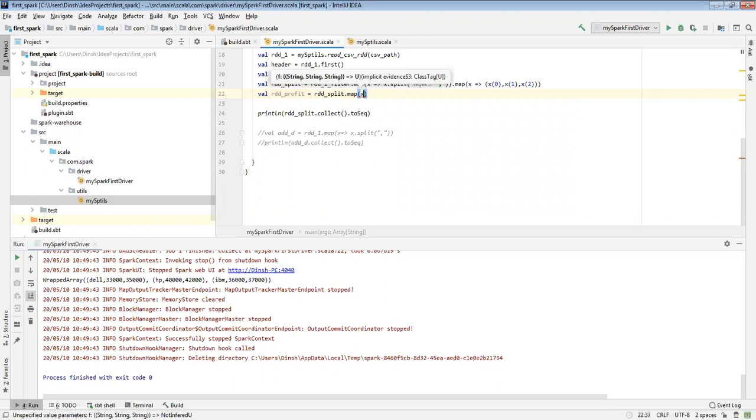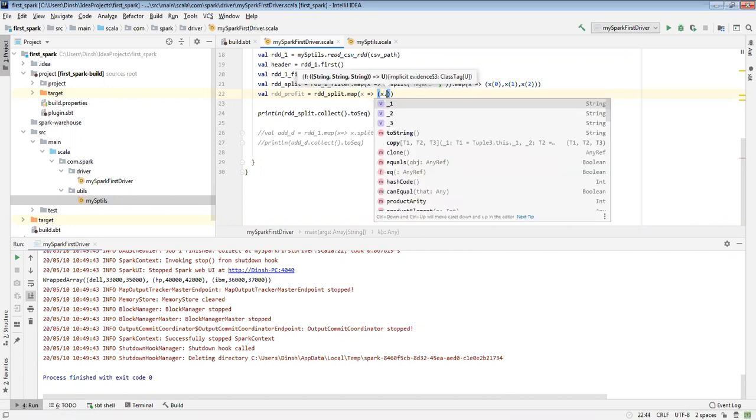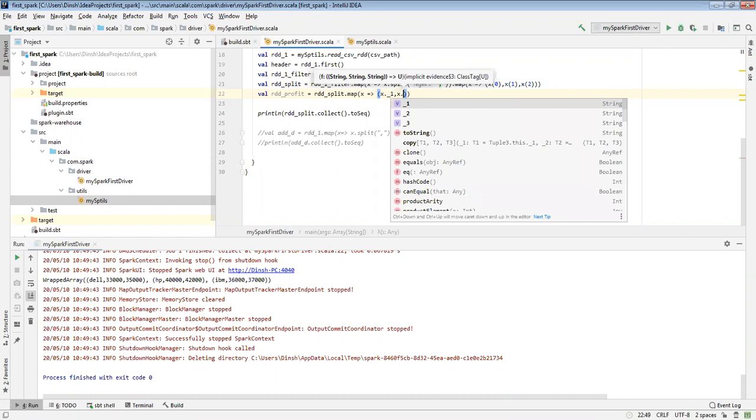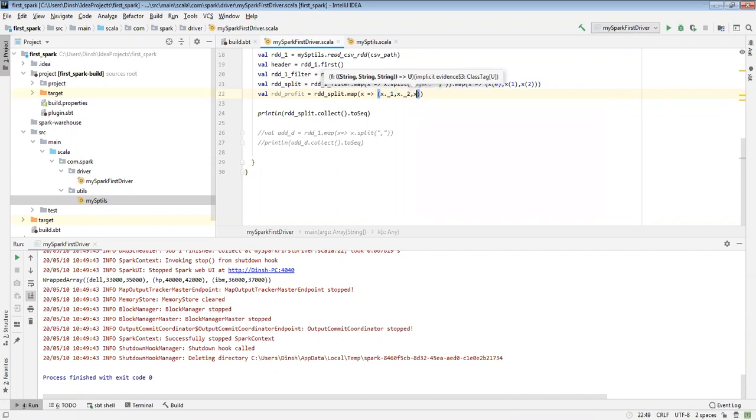If I want to calculate a profit, I need to give it this way: x dot underscore 0, x dot underscore 1, x dot underscore 2, and here x dot underscore 3 minus x dot underscore 2.